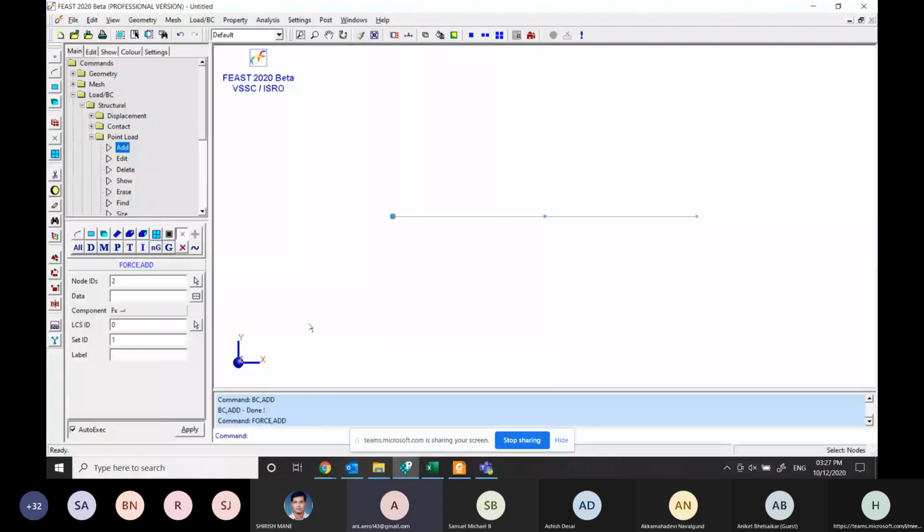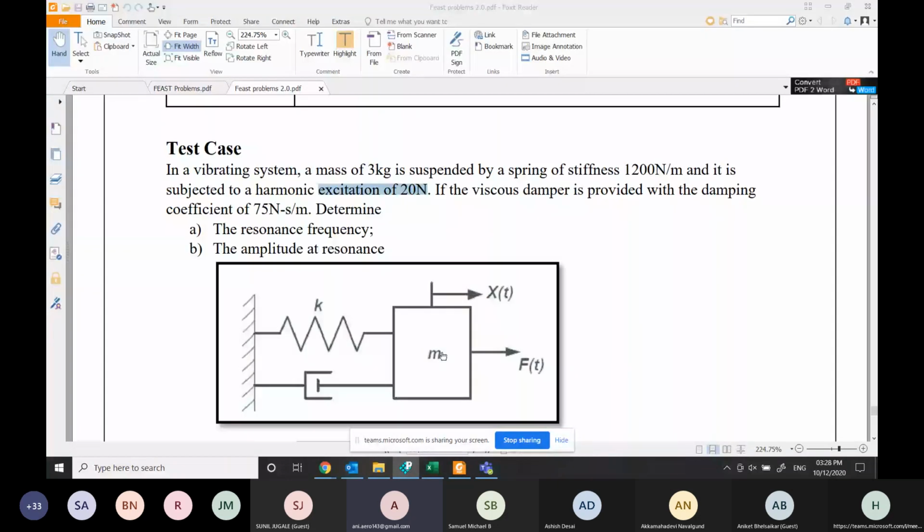So the node will be the second node. And the force value here is nothing but 20 newtons, which is acting in the Fx direction. So the component here you can select as Fx. So in the x direction, the force is going to apply. You can see the image in the PDF.